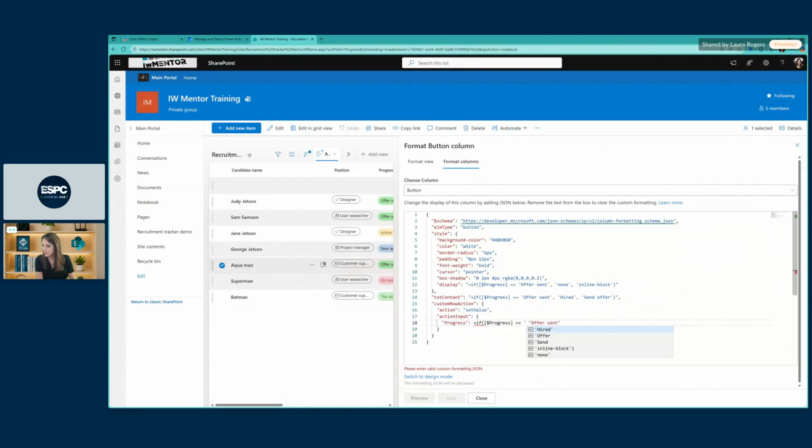I have to put it in single quotes. Then set it to, within this if statement, it's got single quotes instead of the double quotes that I had before. So if equals active, then change it to offer sent. Otherwise, and you could have nested ifs if you needed to. Otherwise, I'll change it to, then I want it to do, and look at how it's even prompting me with different kind of options that I can put in here. Otherwise hired. So see how I'm just kind of copying this syntax from up here, and I'm just using that same thing and put a comma, put a quote after the comma.